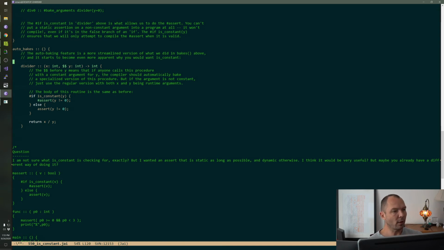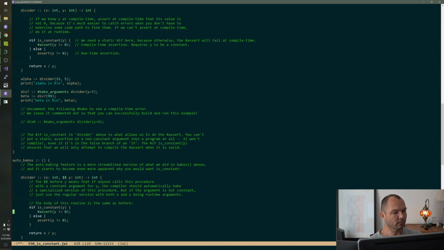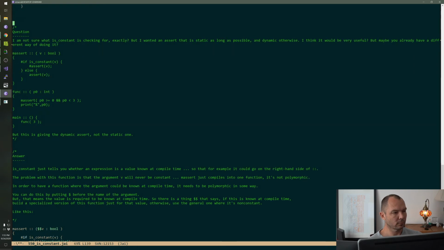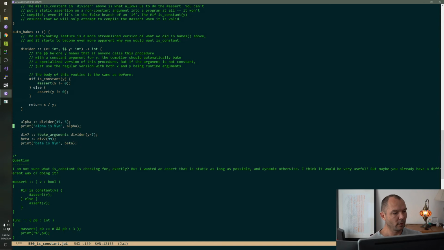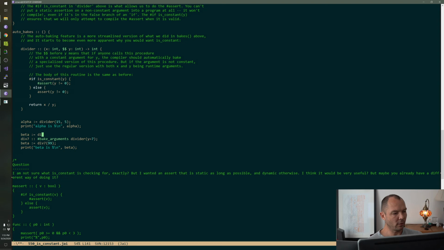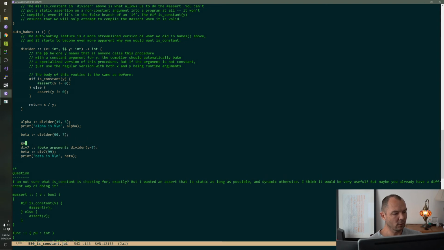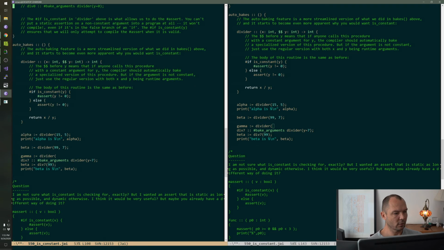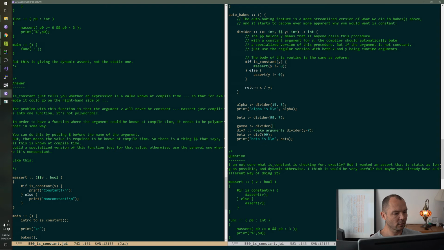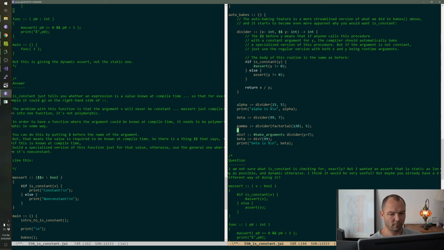Right, so we could just say alpha equals divider 15 comma 5, beta is divider 99 7, gamma is divider factorial 120 comma 5, right?